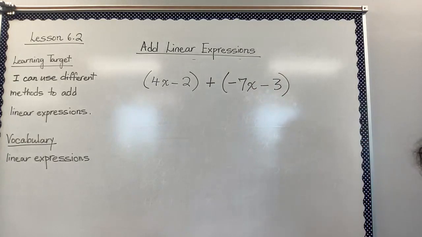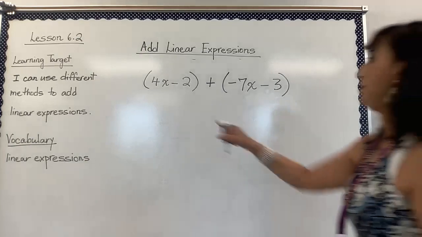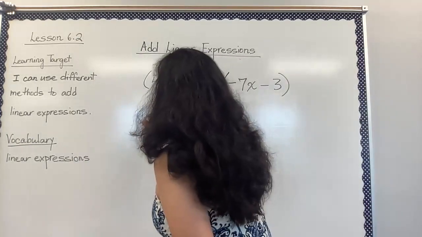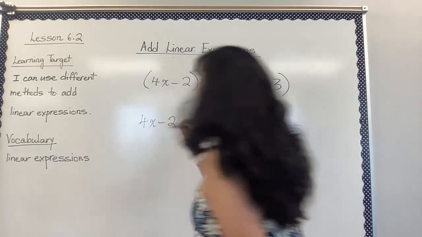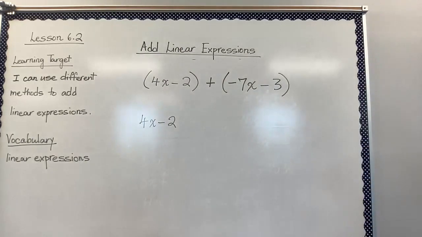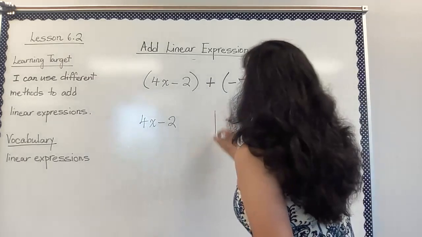Okay, so what I'm going to do, I'm going to show you two different methods. One is using algebra tiles. I'm going to model each expression using these tiles first. So let's look at 4x minus 2. Let me take this part. So 4x minus 2, I am going to model this as, all right, I have